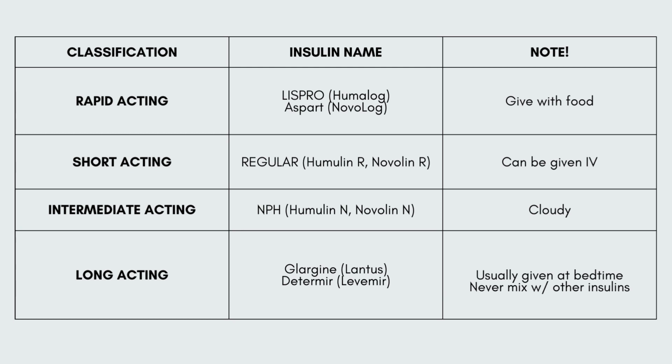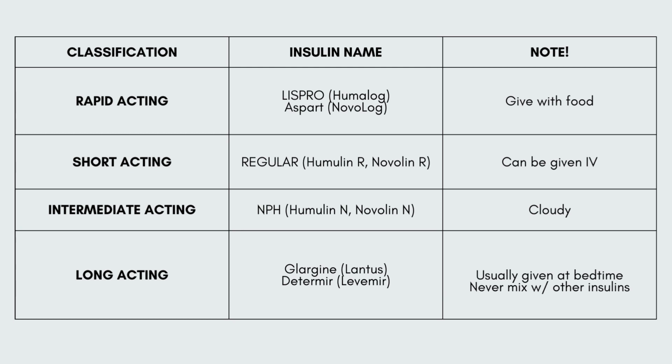All right. And then we also have the short acting, also known as your regular, Humulin R and Novolin R. This is the insulin that we can also give IV. Commonly, our insulins are given into the subcutaneous tissue, which is your fat layer, which could be in your abdominal area, your arm, anywhere you have that good subcutaneous layer. But we can give this one IV, the short acting, aka the regular, if our patient has DKA, which is diabetic ketoacidosis, or they have HHNC,